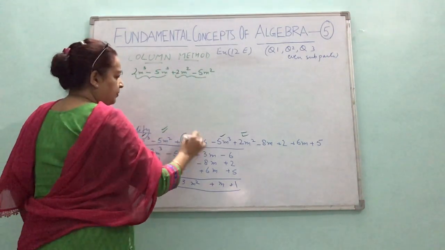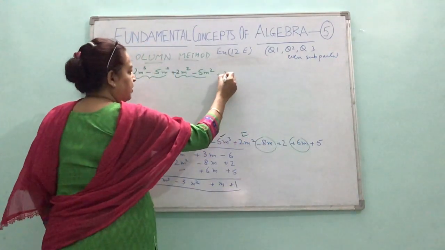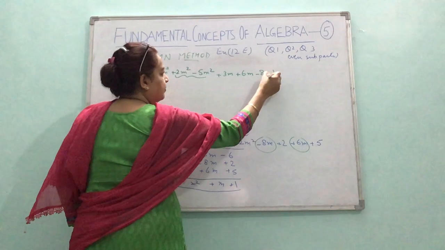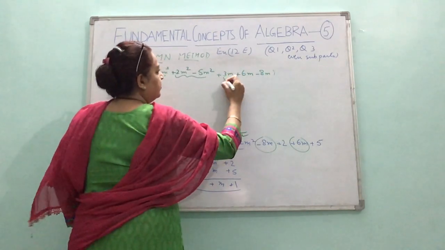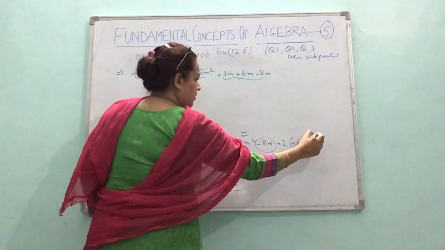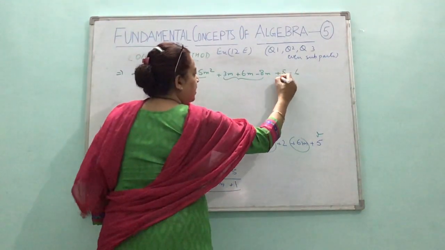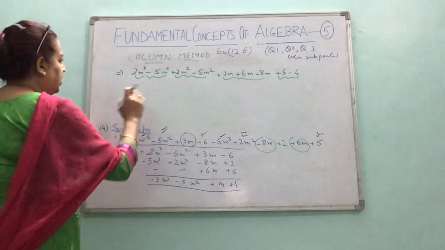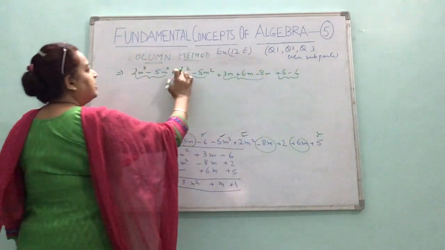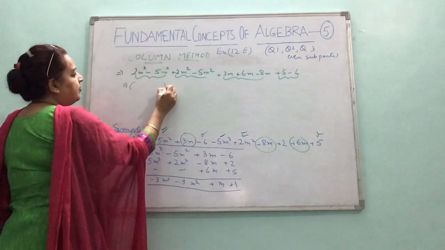Then the m term. First positive, then again positive and then the negative. And finally the constants, 6 and 5. So first positive and then the negative. And always check. 1, 2, 3, 4, 5, 6, 7, 8, 9, 10. 1, 2, 3, 4, 5, 6, 7, 8. All are copied here. Now we'll just add, as I told you, put it in bracket.